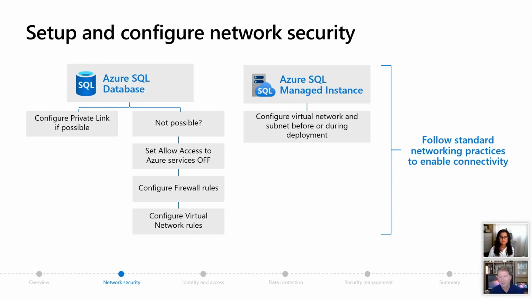But notice on the screen right here, we really recommend for production enterprise scenarios that you work with your networking team, because they're used to doing a lot of these things. They understand virtual networks. They understand making sure you have the right firewall rules and ports access and so forth. So, we wanted to give you enough knowledge to be very educated about this, to understand how to do it, how to get the speed very quickly to connect, but also understand what we recommend is possible for you, and then to work with your networking team to go farther.